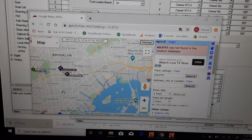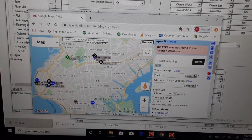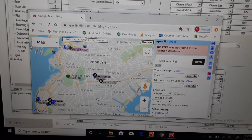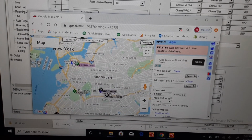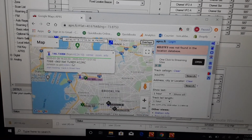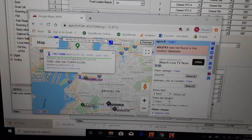So I am located right now somewhere in this area, right about here. And these are all different people that have the APRS on. You see that little antenna tower right there? That is the Kings County Radio Club's tower. Information is here. And right up here, from the left, it shows you the receive information. And right here, it says